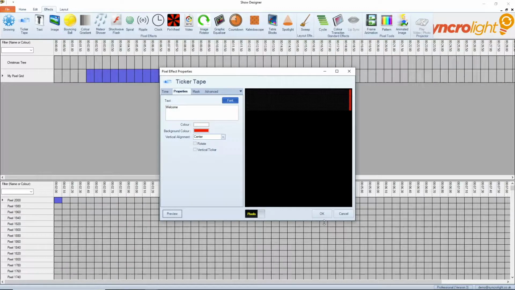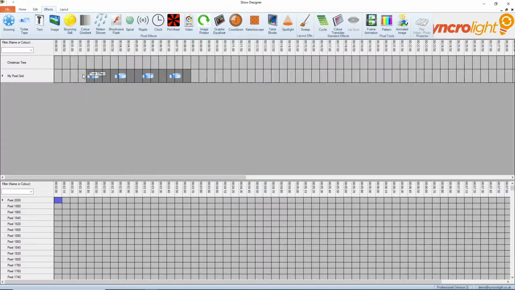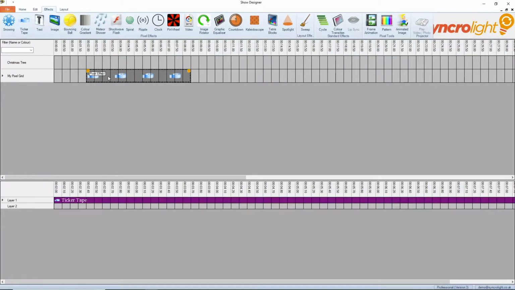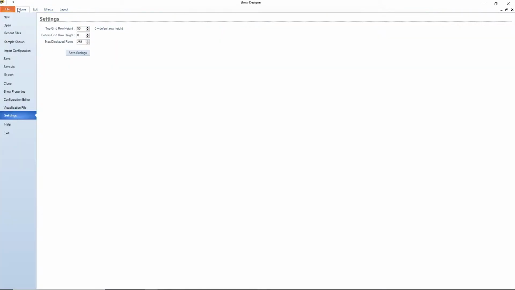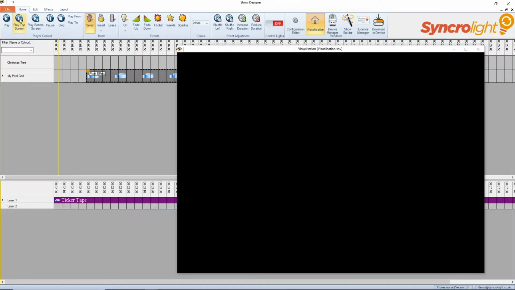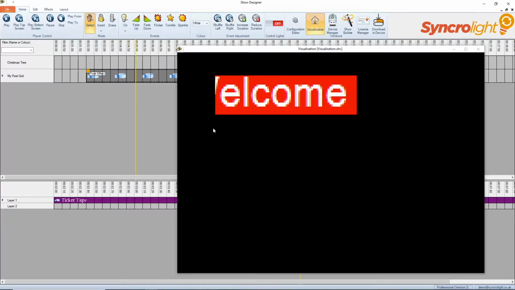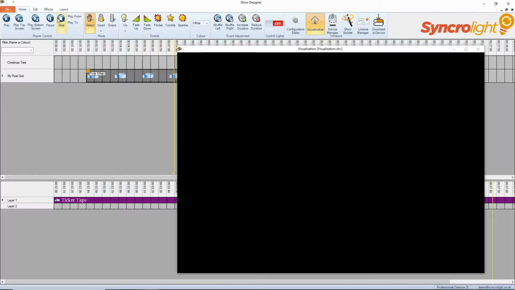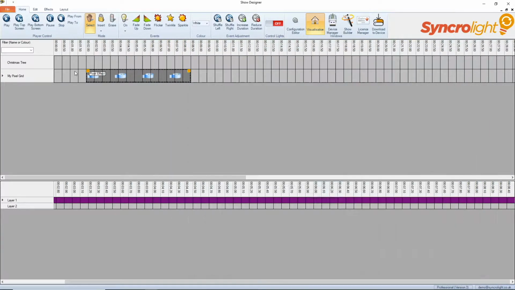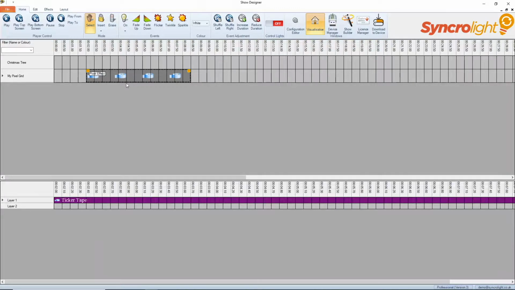So if we just click OK on that, you see it's put the pixel effect in there, in ticker tape. And if we just play that, you'll see you get the text appearing on our pixel grid. So if we go back in that, you'll see when you click on it, you get two layers. You can layer these effects on top of each other,